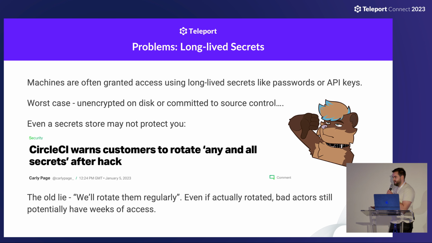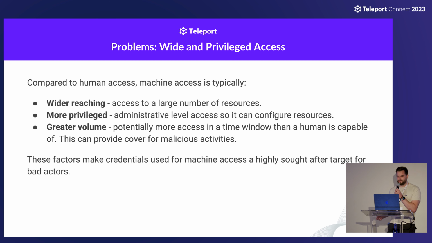So the real problem here isn't how you handle long-lived credentials, but long-lived secrets themselves. No matter what you do, you're always going to have problems. You might even be aware of these problems and decide to mitigate them by rotating these credentials regularly. But how many of you have committed to renewing these credentials regularly and then found a year or 2 years later that that rotation has never happened?